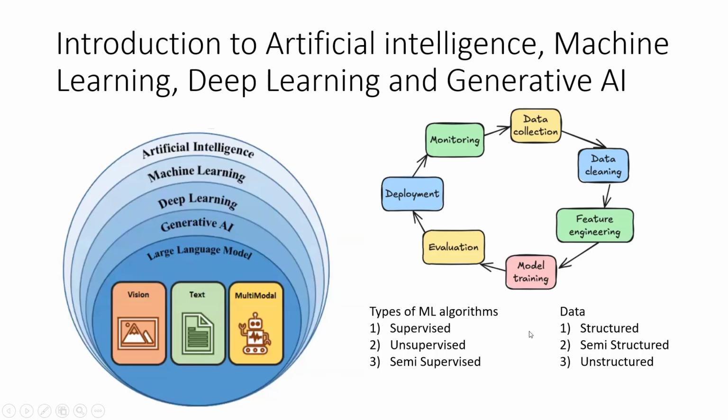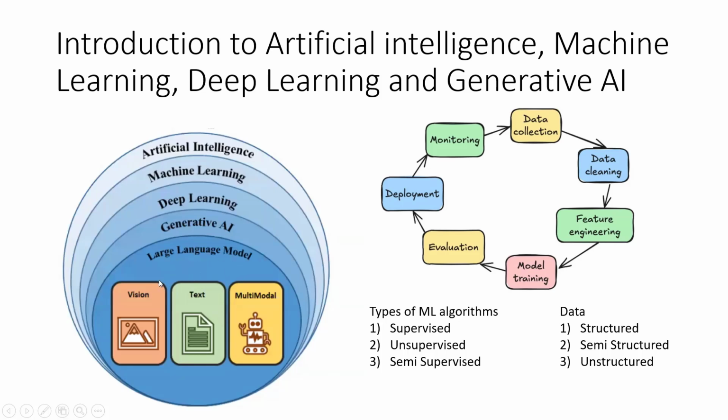Machines can identify only when the data has a pattern. If the data is random, the model will not be able to identify the pattern. So data plays a crucial role when training a model. After feeding so many images to a model, it will eventually be able to identify the pattern, and this entire process can be automated using generative AI. So they have automated this process. They collected the data, cleaned the data, built the model, trained the model, evaluated and deployed, and these are nothing but large language models.